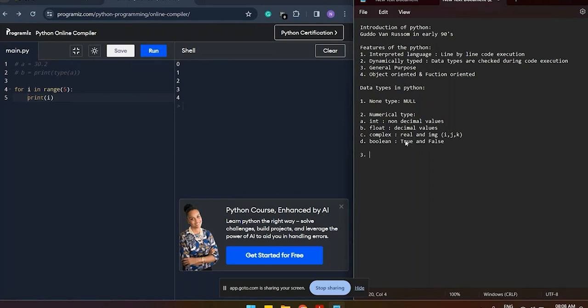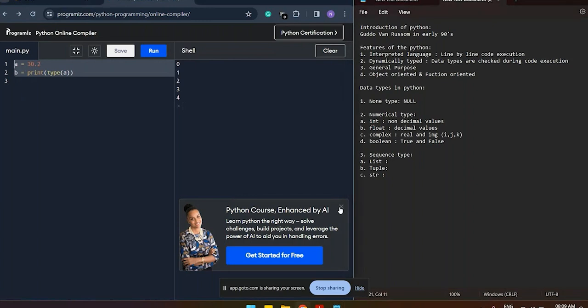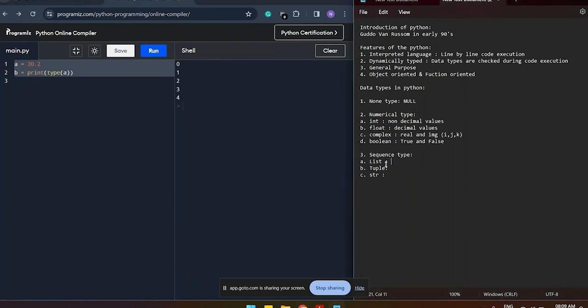After that, we have the sequence data types. In the sequence types there is list, second is tuple, and string. In the interview also they can ask what is a list and what is a tuple.